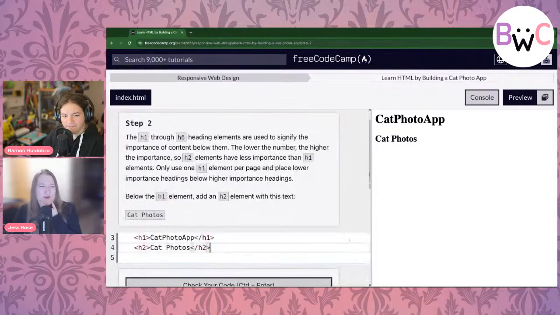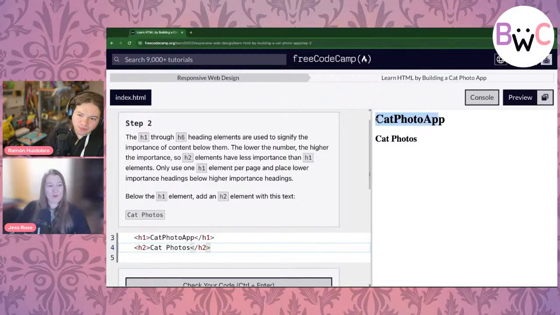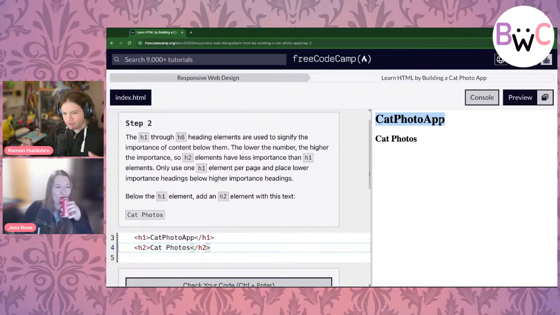Can you talk to us about the instructions here? Let's talk about how these different numbered headings are more about hierarchy, more about importance than they are about size or style. So what we see here by default in terms of size and font is the default of our browser, how it would show that. These are called default styles.